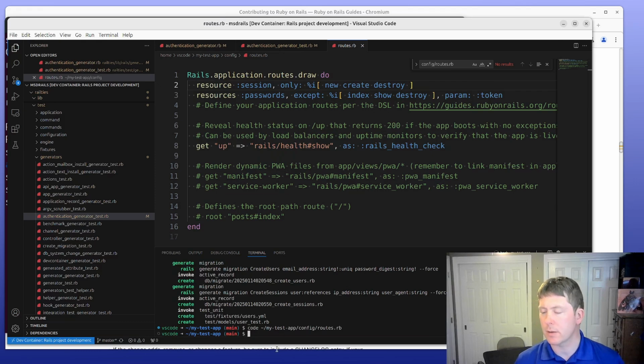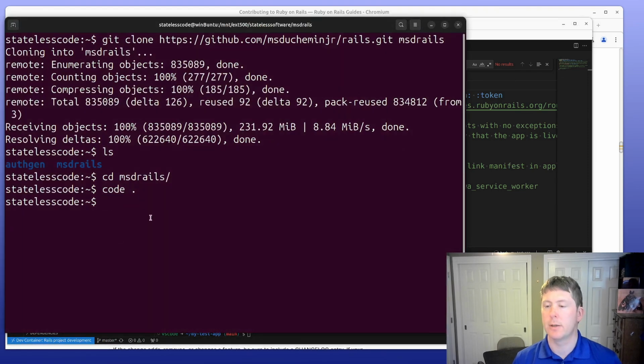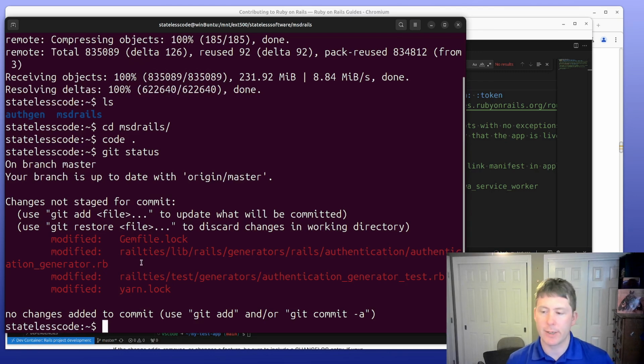I think that's enough to go on. So we'll go back to my normal command line here. Git status. I'm only going to add the railties and the two files that I'm dealing with into my commit. So I'll get going on that. Now that it's ready for me to push it to my branch and open a pull request,